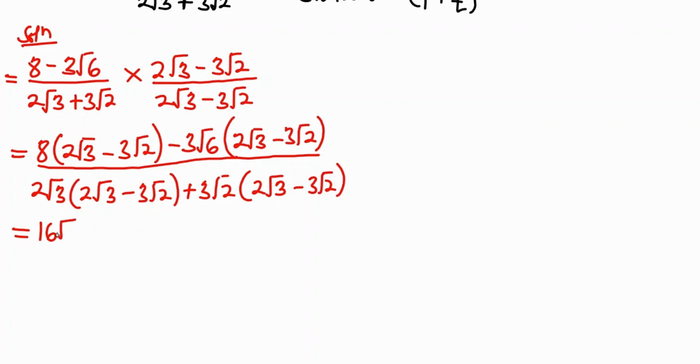So we maintain our root 3. So you have 16 root 3. 8 by minus 3 gives us minus 24. So that gives us minus 24 root 2. We continue with minus 3 times 2 gives us minus 6. And root 6 times root 3 gives us root of 18